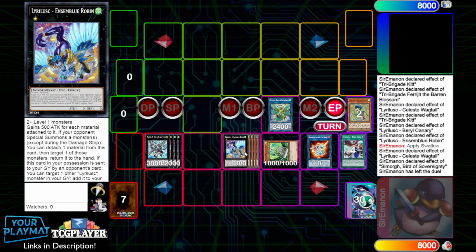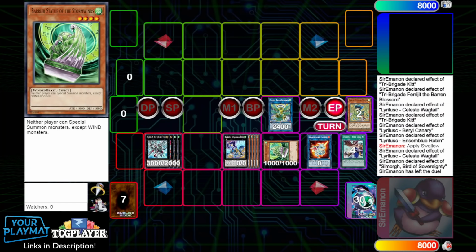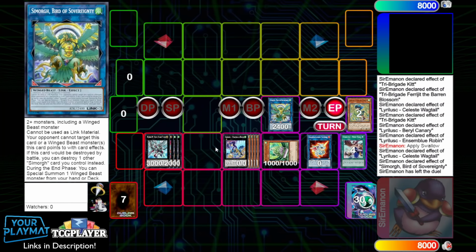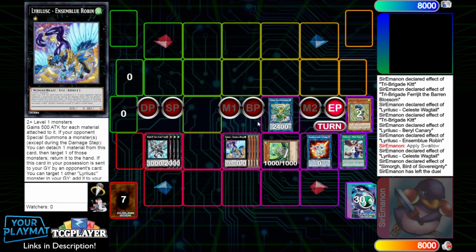So this might seem a bit redundant as an end board as far as ending on both Ensemble Robin when they can't special summon anyways, but for one, it's good if you run into a mirror match, and for another, it's good in case you get your board negated and then cleared by something like a Forbidden Droplet or Dark Ruler, because Ensemble Robin actually gives you follow-up that a lot of people forget about, where